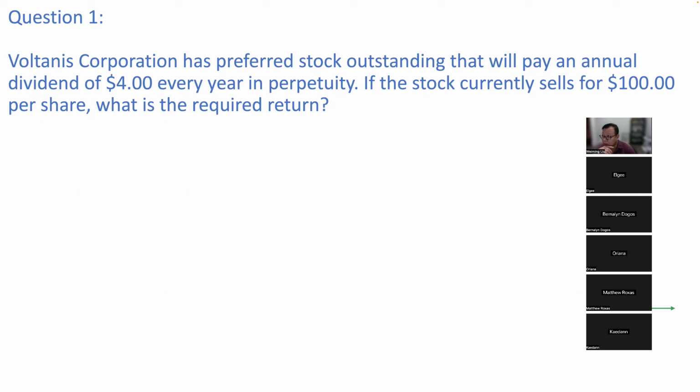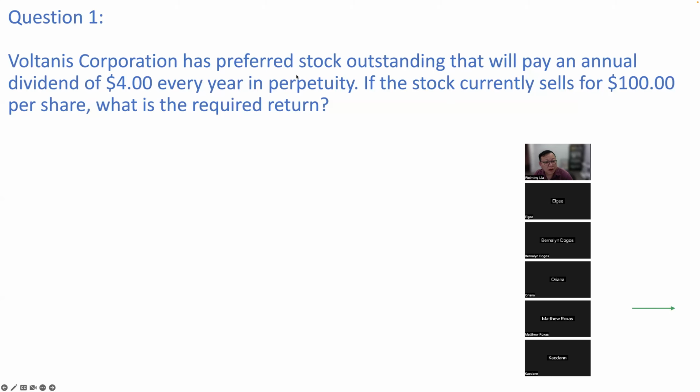And then after coming back from reading week, we are going to have the midterm exam. That's chapters 1, 2, 5, 6, 7, 8. That's 6 chapters. Okay. So for the first question, the corporation has preferred stock outstanding that will pay an